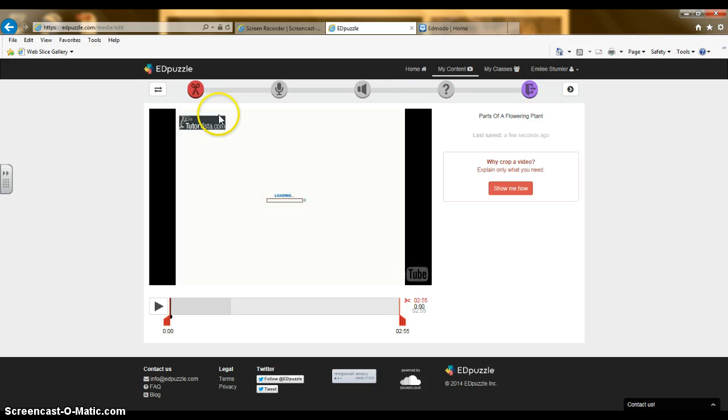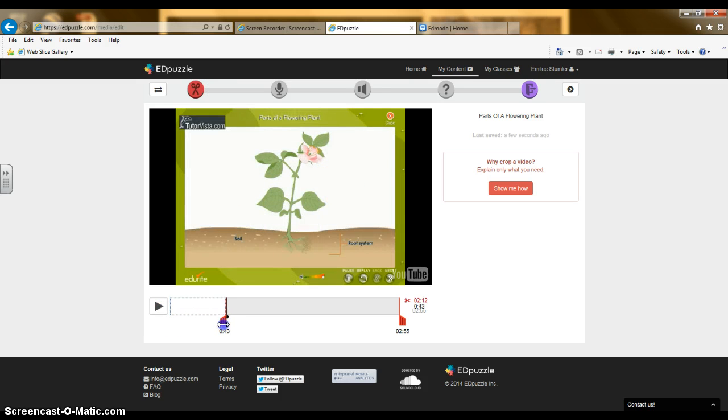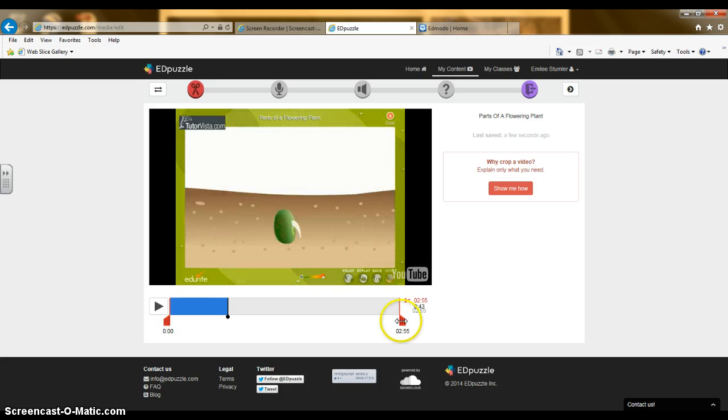option to be finished. But in this first one, the crop, you use these two red handles to decide which parts you want to focus on for your instruction. Let's say at the end of the video there are credits, things like that, you can always trim those out, or maybe there might be a logo at the beginning of the video that you can move in so you're not wasting time, which I think is a great part of creating not only positive classroom management, but using all of your